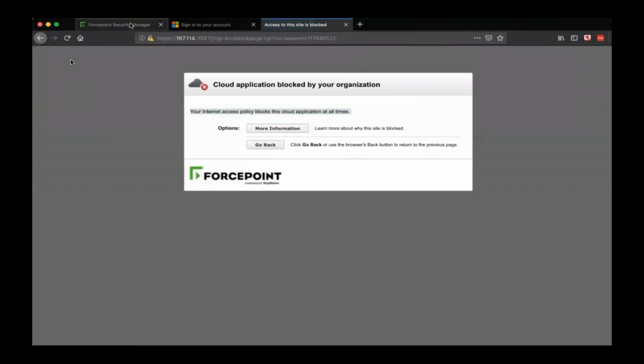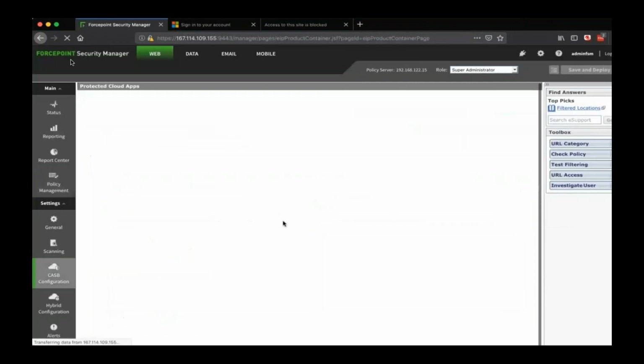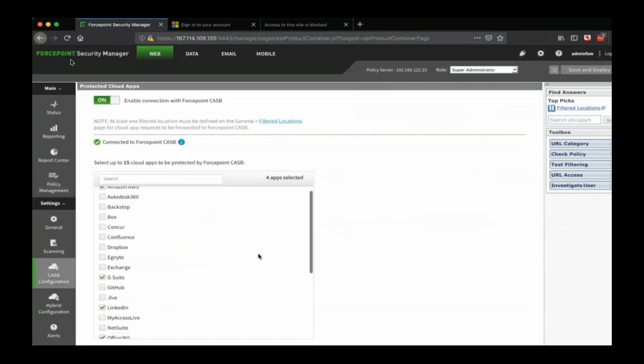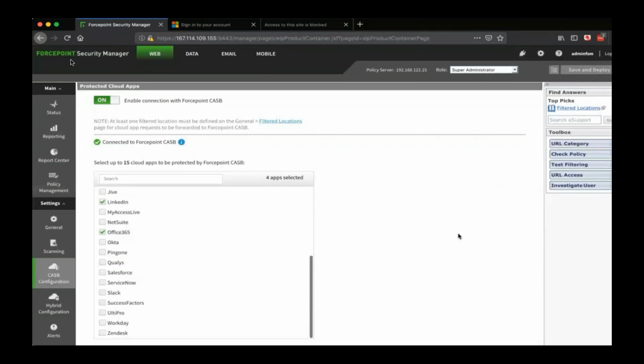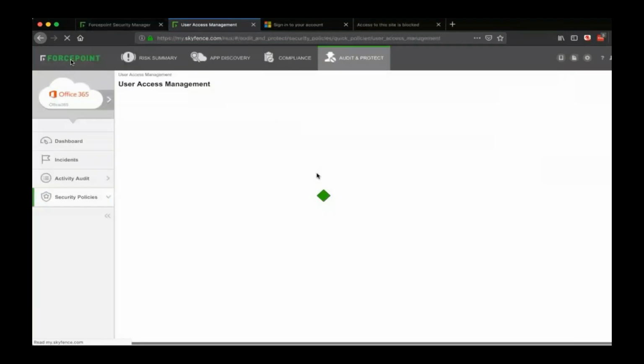So if you are allowing people to use cloud applications such as Office 365, you might want to control risks around Office 365 that may not be particularly apparent to you. So we have this concept of protected cloud applications. From the gateway, or from an agent if you don't have Force Point's gateway, we can push traffic for that specific cloud application through the CASB and apply guardrails.